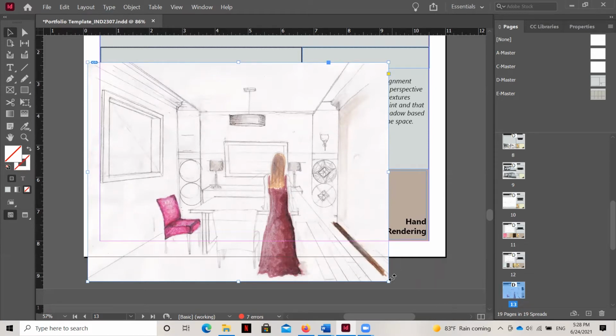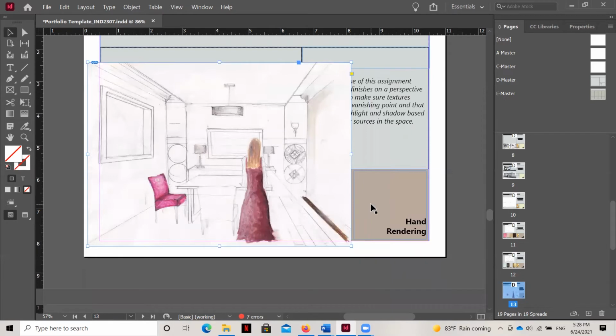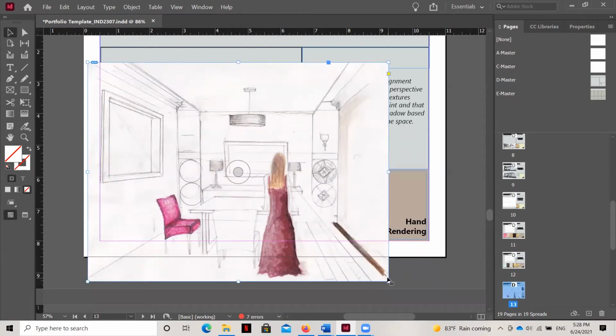So the first thing I'm going to do is grab a corner here. I'm not clicking anything yet. First, I'm going to hold down the Control and the Shift button at the same time. And then I'm going to click and drag this corner up. Now, doing it this way keeps the proportions the same. If I just hold down the Control button, or just the Shift button, you can see it'll get all kinds of different sizes and it won't maintain the correct proportions. So what we want to do is hold down the Shift and Control button and then hover over that corner, click that grip and drag.